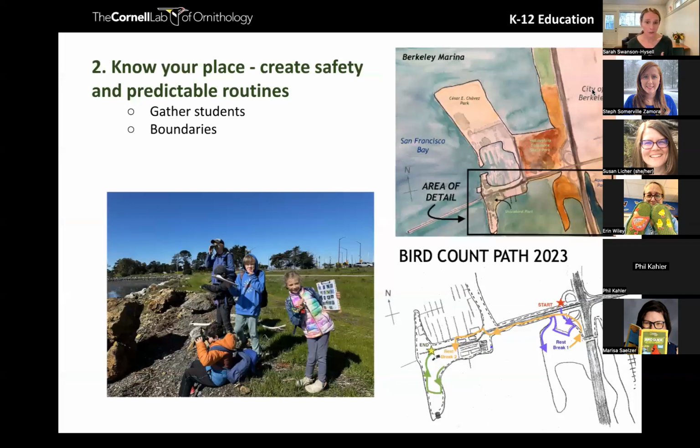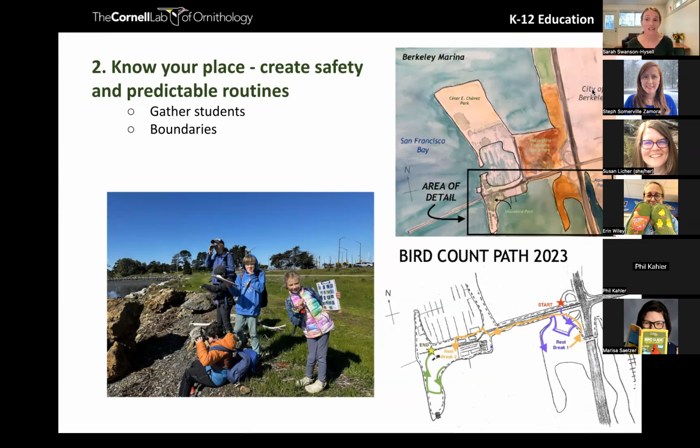The second know when starting to take kids outdoors is to know the place you're going to. So if you can scout it ahead of time, fantastic. If you can go multiple times, even better. I had the advantage of taking kids to the same field site over the past 5 years, which provided some awesome longitudinal bird count data, but also it helped me know what to expect.